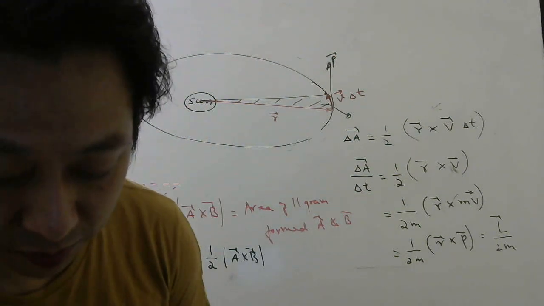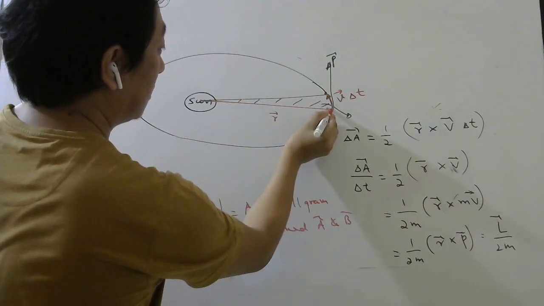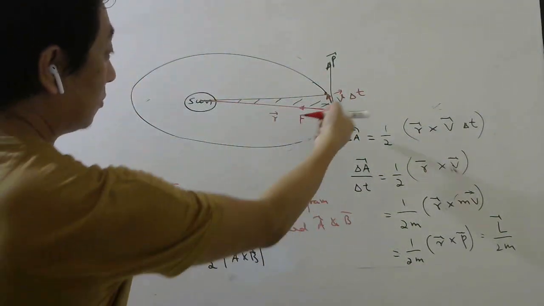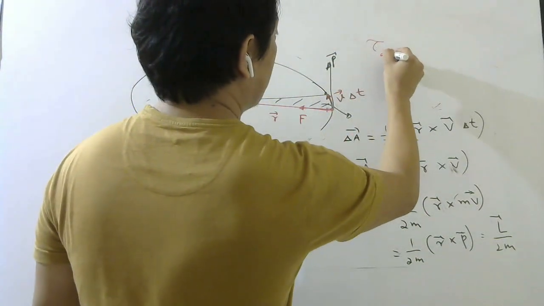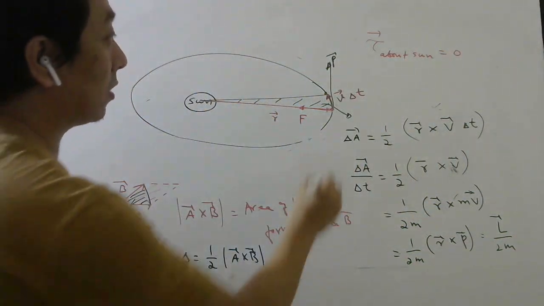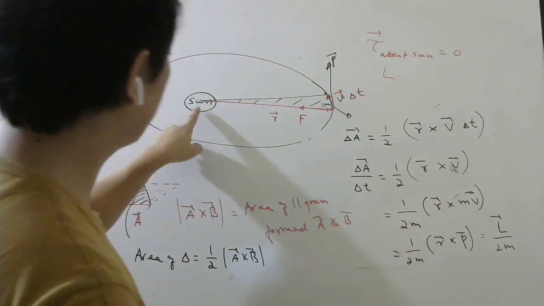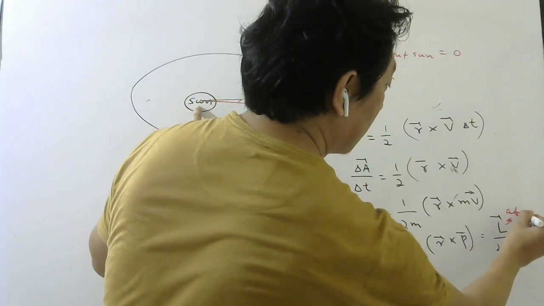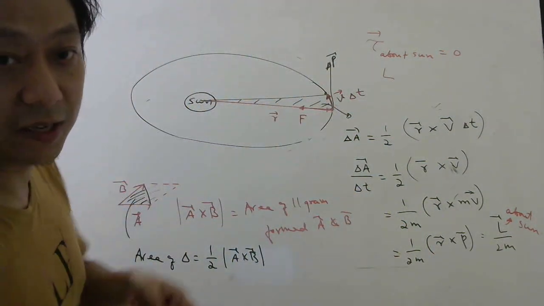Okay, now look carefully. The force acting on this planet is the gravitational force, which will always be towards the center of the sun. So this force will not create any torque about the sun. So torque about the sun will be 0. If torque is 0, then your angular momentum about the sun, this is angular momentum about the sun only, because this r bar is measured from the sun, remember. So this angular momentum that we have calculated is about the sun, because the tail of this r bar is at the sun, the tail of the vector.